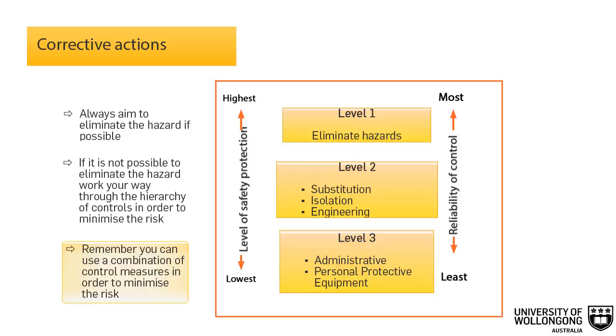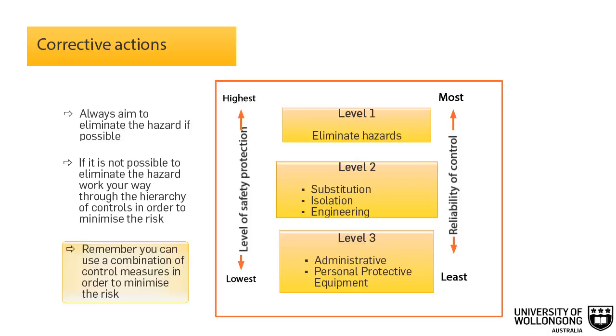Isolate the hazard from people. This involves physically separating the source of harm from people by distance or using barriers. For instance, having noisy equipment away from workers. Change the workplace, equipment or work process, engineering controls, for instance, place guards around moving parts of machinery. Level 3 control measures provide the least level of protection against risk as they rely on human behavior and supervision. The Level 3 control measures are: use administrative controls, for instance, develop procedures on how to operate machinery safely, use